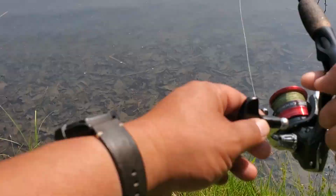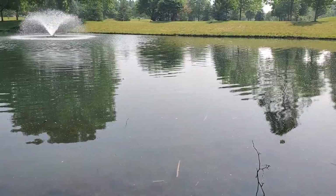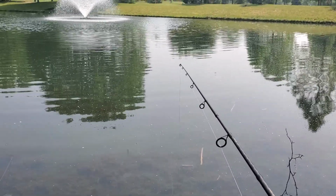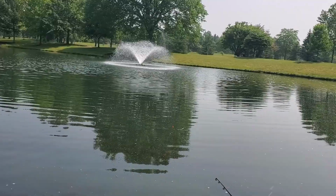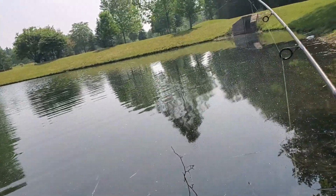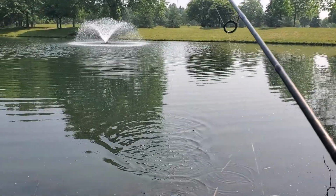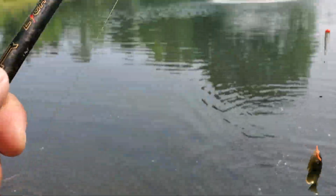There we go, there we go, there we go. Wow, I'm getting more action on these trout worms than I did with the minnows. There it is, caught something. Ha! First catch on the